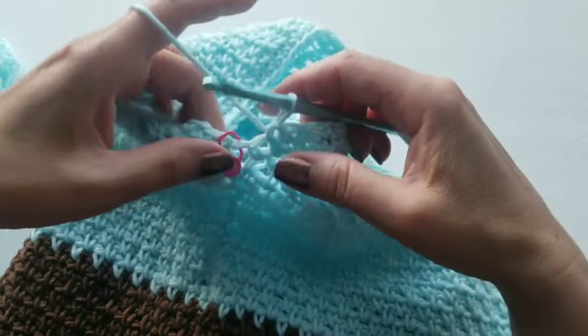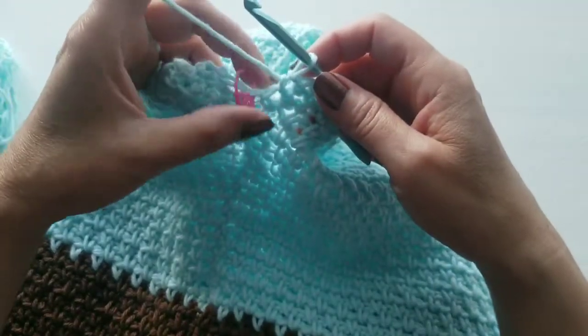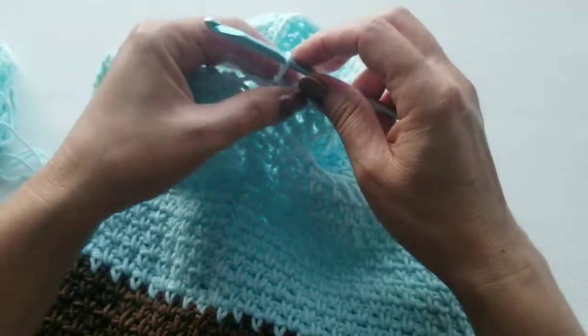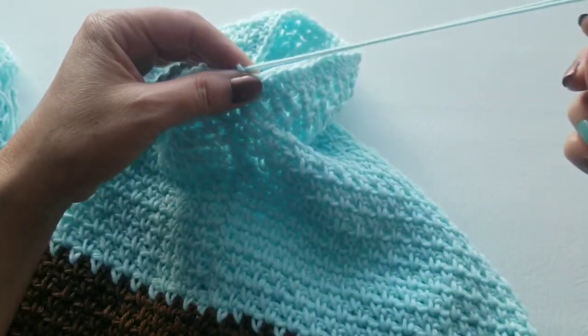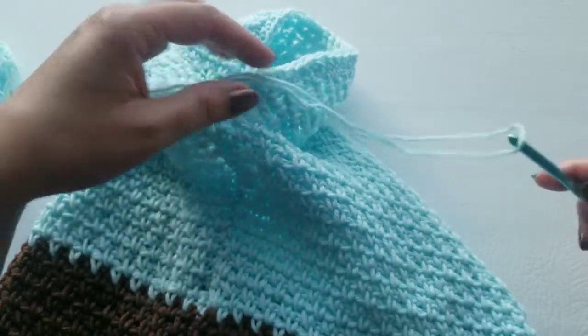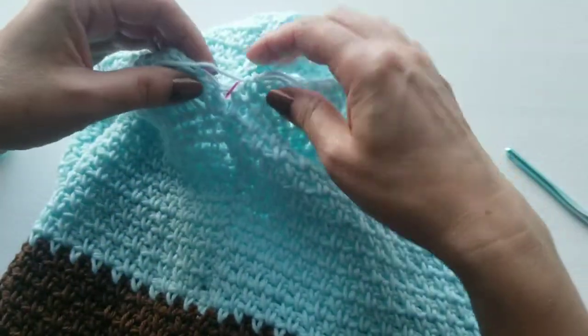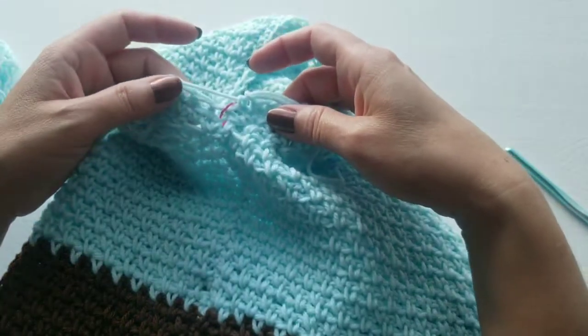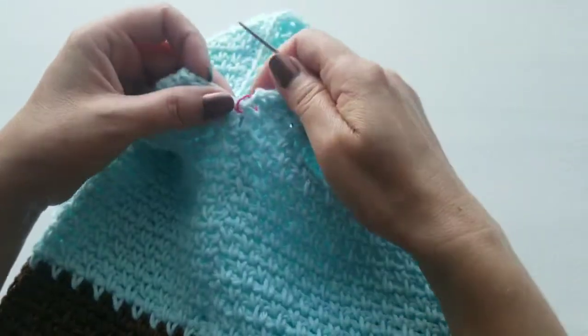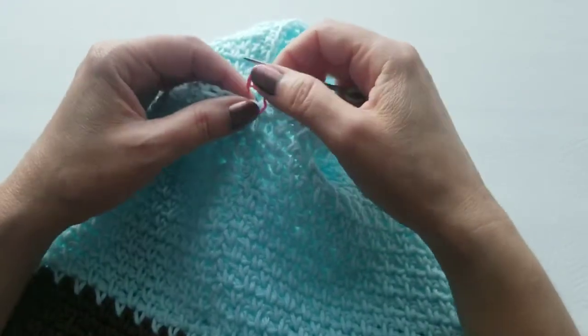Okay, so we made it to our last stitch for round 2. So what you're going to do now is pull up a nice tail, and we're going to cut off our yarn, and then I'll show you how to join it so it looks nice, the invisible join. So now what we're going to do is we're going to take out our stitch marker,